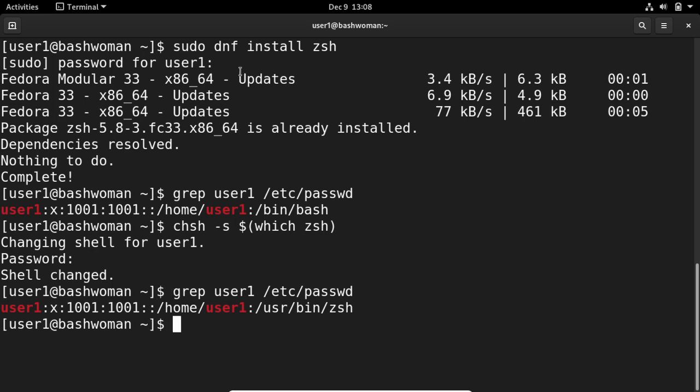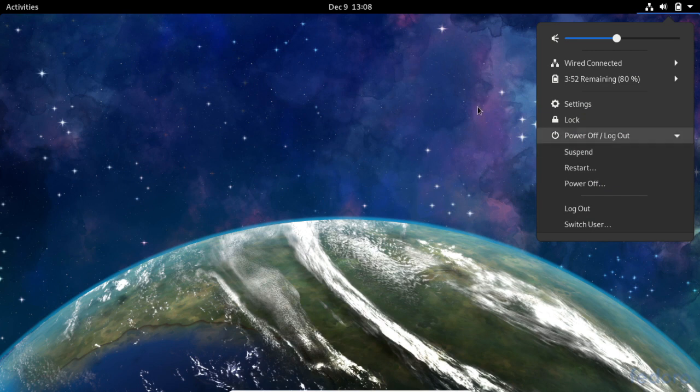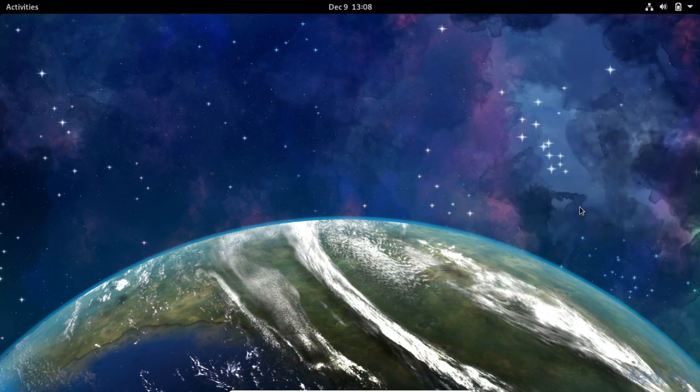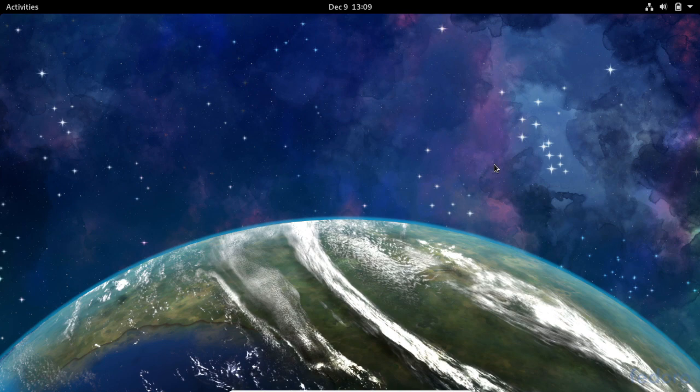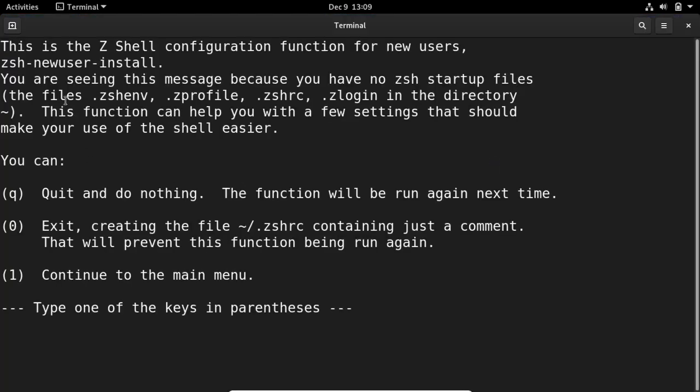For that you may restart the system or restart the terminal. To see the changes, we need to log out from the user and then log in again.